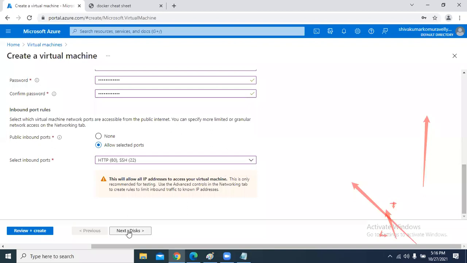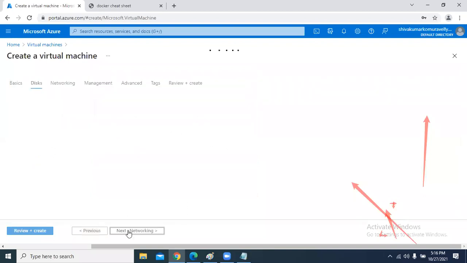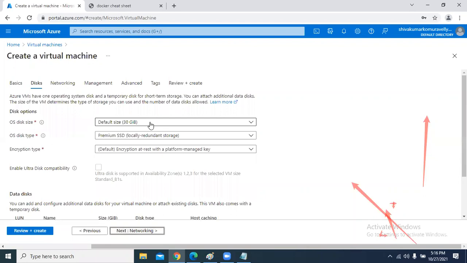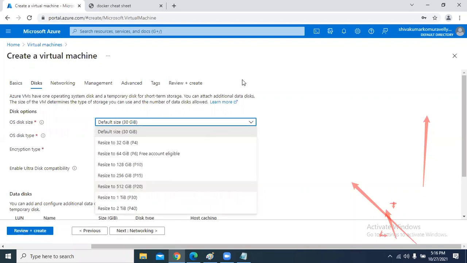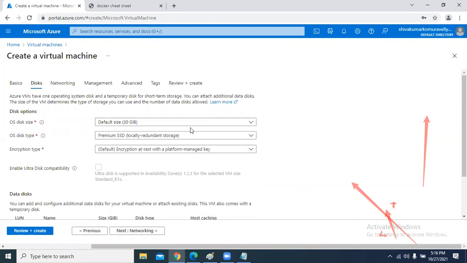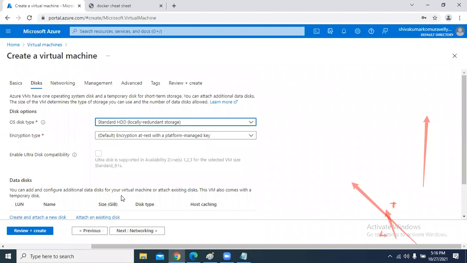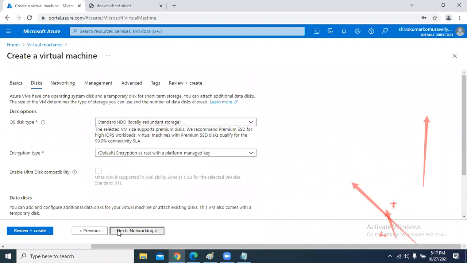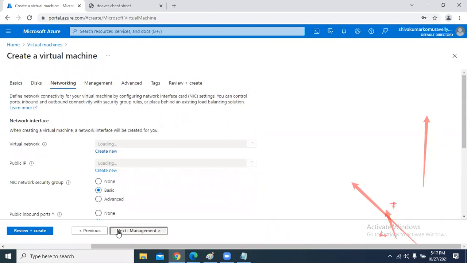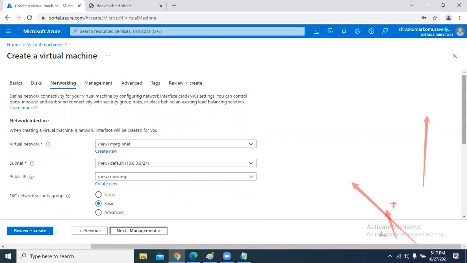And the disk section. In the last class, we used the disk as HDD because this is not a production system, so you can select the ordinary hard disk. Networking: since we do not have our own network, let the VM be created in the default network.